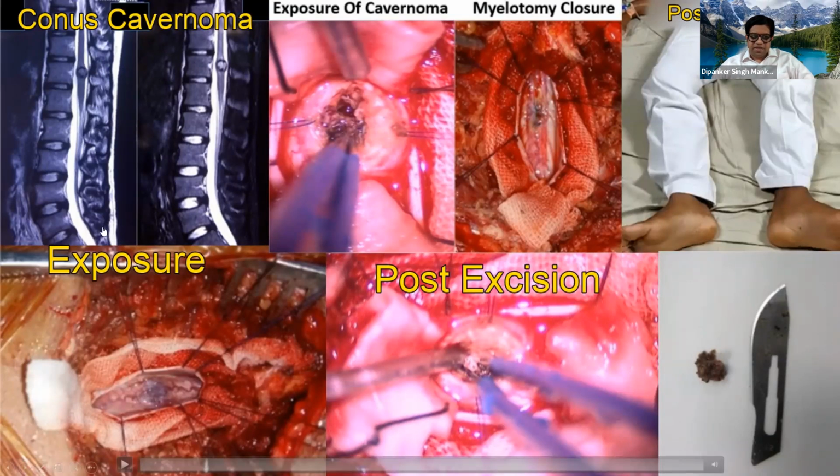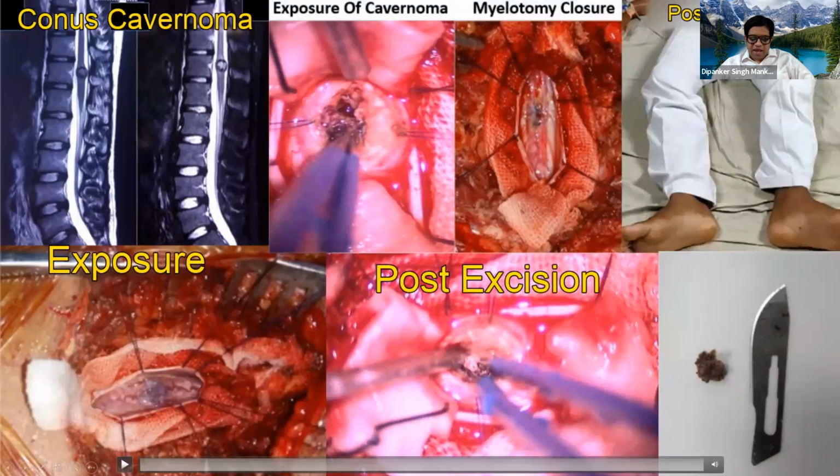The steps of surgery remain the same. You can see how neatly the cord has been opened. The dark hue and the hemosiderin deposit of the cavernoma is clearly seen as soon as we open. So we are sure where the cavernoma is, I just give a small myelotomy bang on the cavernoma, and I remove it slowly using the Rhoton microdissector, and the whole of the cavernoma is removed. You can see how nicely it has been removed and how neatly the closure has been performed of the